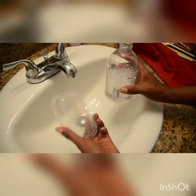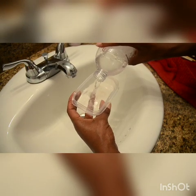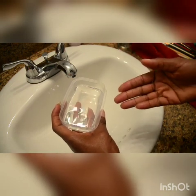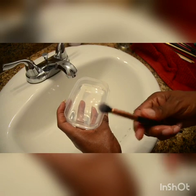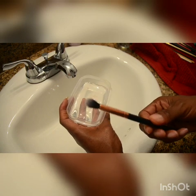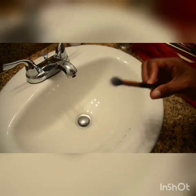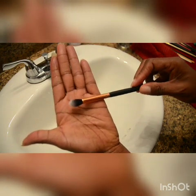So I got a little Tupperware container just like this, and I pour a good bit of it in there, maybe halfway, to keep cleaning the brush. But again, as long as when you're dipping it in here and then using the antibacterial soap, the brush is clean, like this one. I did this one off camera. This is like a blending brush, so this has had a lot of different colors on it for transition. It's also blended in a lot of colors, but as you can see, there's no makeup on this brush right now. I'm holding this. There's absolutely zero makeup on this brush right now